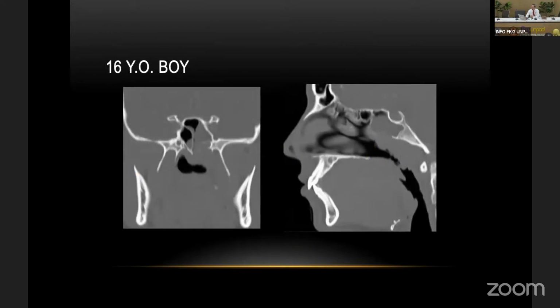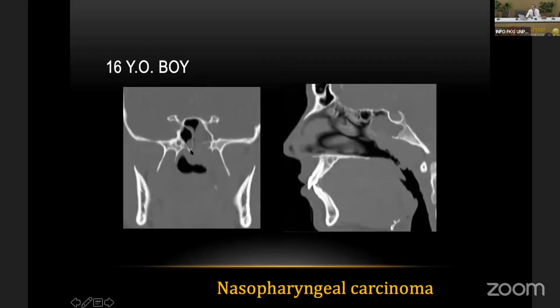And this is kind of an unfortunate patient, a 16-year-old boy. Certainly we did not expect these findings. You see bone destruction in the sphenoid sinus, and you can see here the floor of the sphenoid sinus is destroyed with a soft tissue mass inside the sinus.